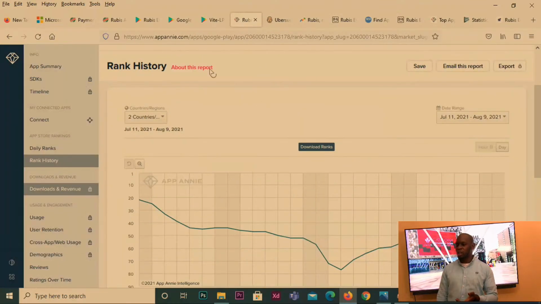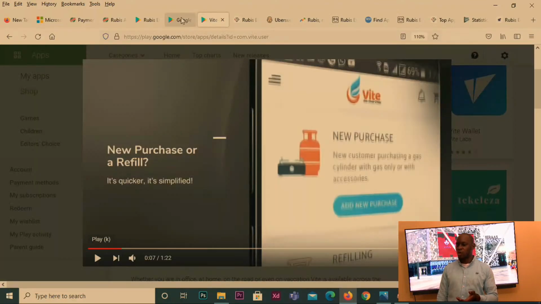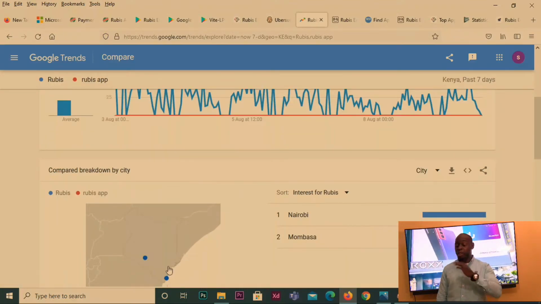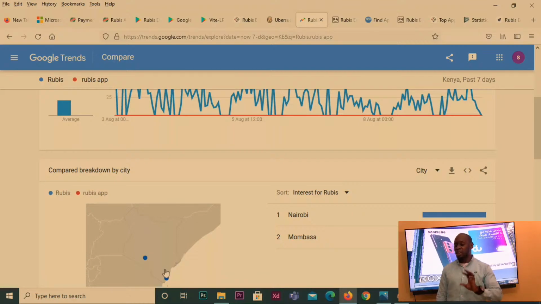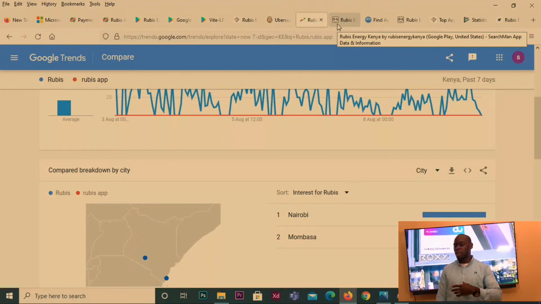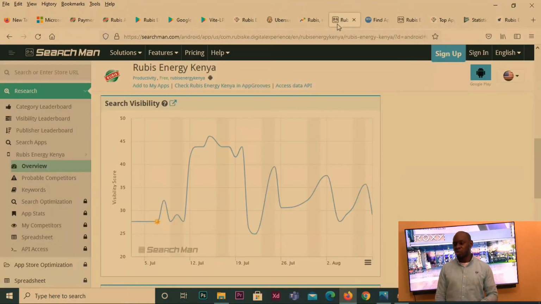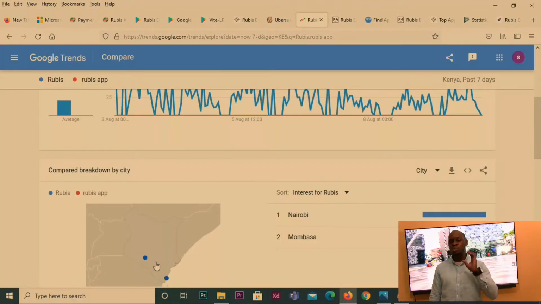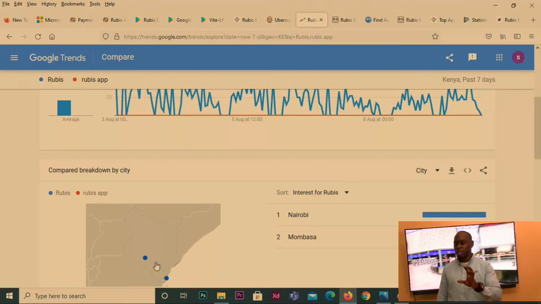Google Trends you can use to see how your app is performing, or what are the trends in your area. So where can you best drive advertising dollars in terms of messaging and cities, in order to reduce wastage. So you're not just advertising for the sake of advertising, but you're pushing advertising to the right audience and